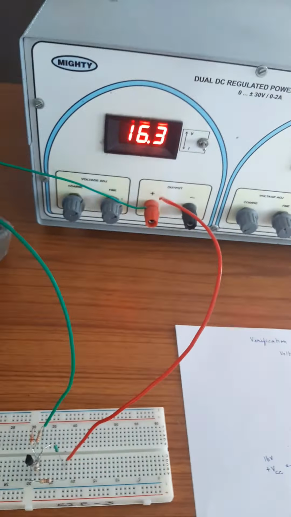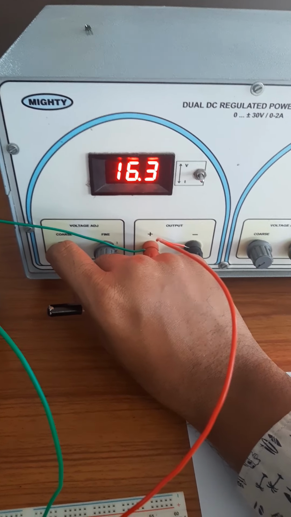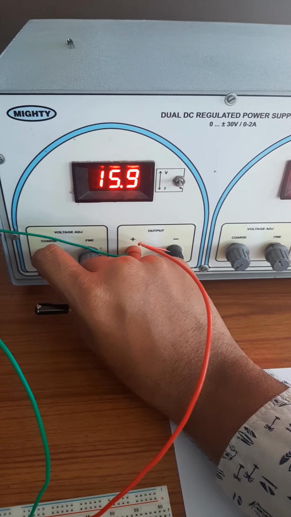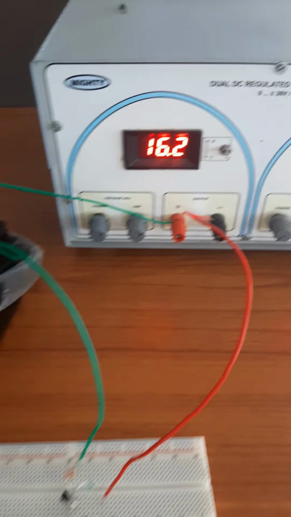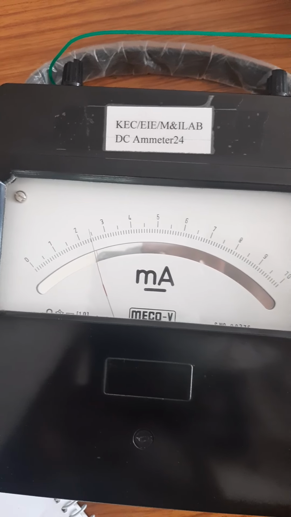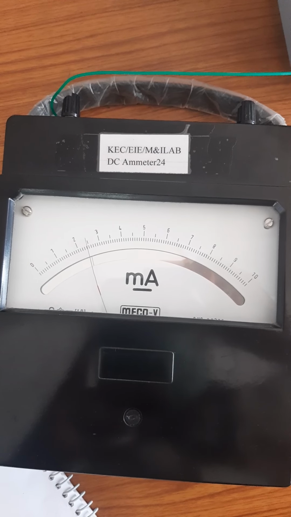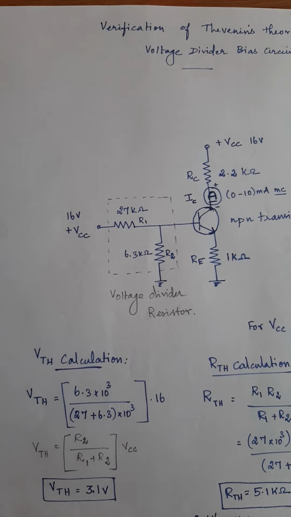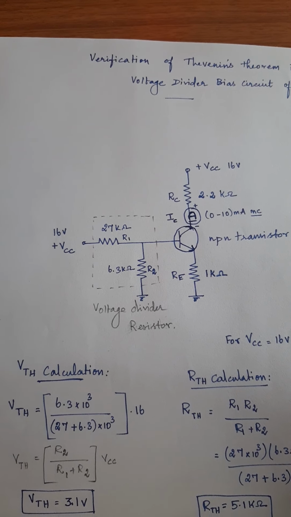Now as per our discussion, if I give 16 volt by using this battery, by adjusting this one, I can set it to 16 volt, maybe approximately 16 volt. If you look into the ammeter, you could see the value is 2.5 milliamps, and this is an ammeter of 0 to 10 milliamps. Therefore 2.5, and the needle is bent, anyhow its value is 2.5 milliamps. This is the first part of our theoretical practical verification for the given circuit.